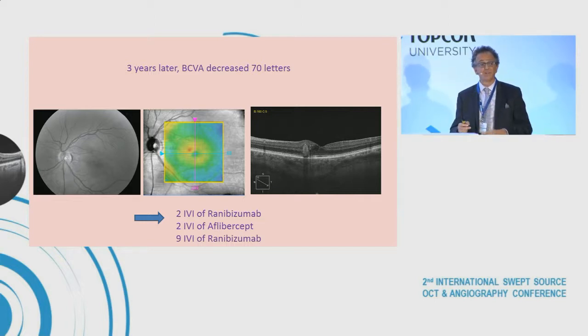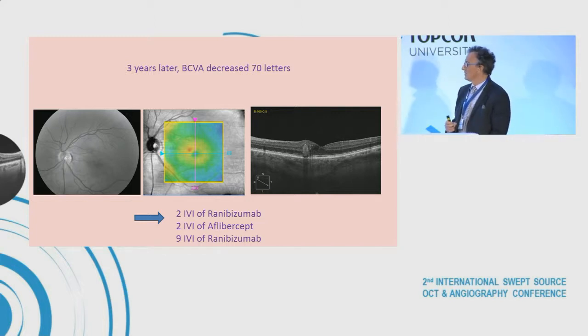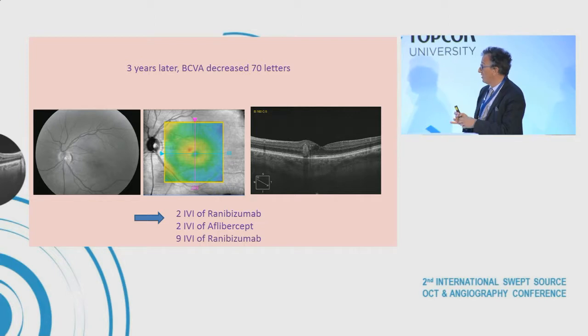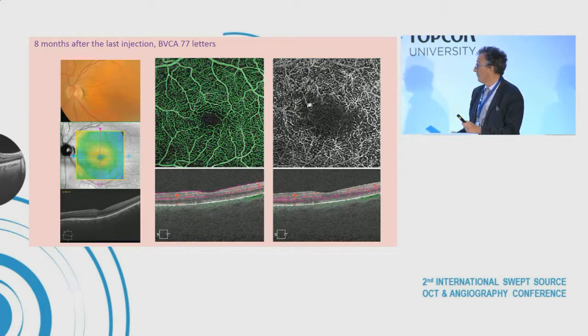The patient said, I don't feel that it's good, and aflibercept doesn't work on me, but finally there was no real change. We switched back to ranibizumab, and finally the exudation disappeared fully. The lesion is still present in OCT angiography, but there is no more exudation, and we now have a large